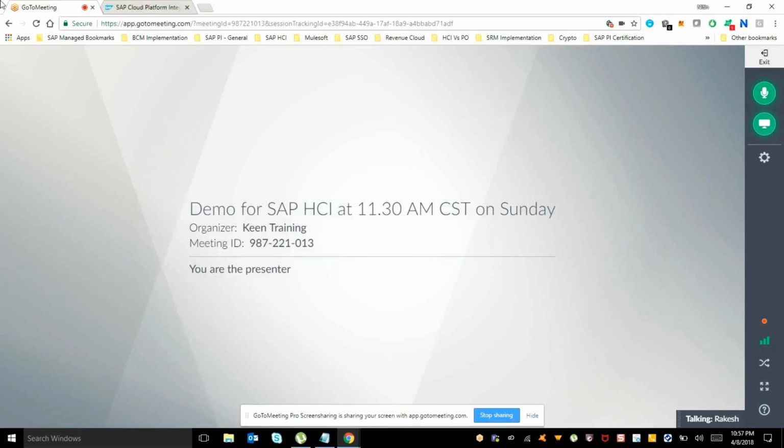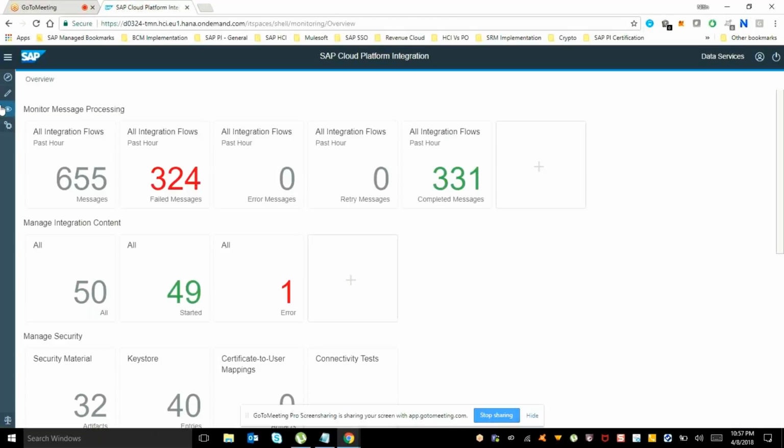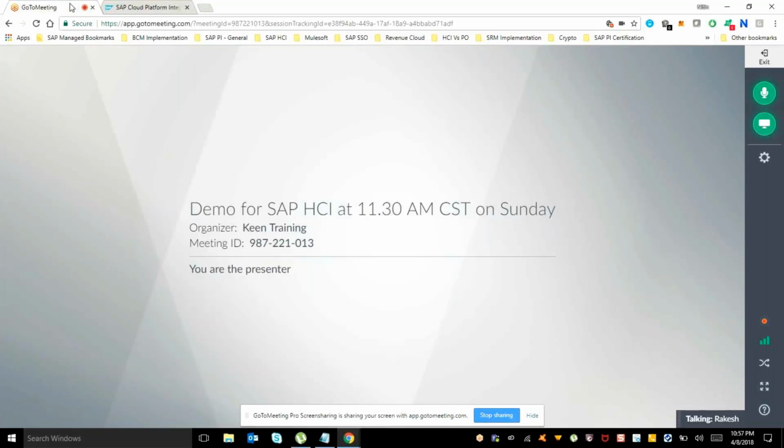No, as I told you, your whole life working on cloud platform integration will go on here. You need not move away from here. The same thing can be done through Eclipse also. What we are doing here can be done through Eclipse. Eclipse has some extra functionality. But many things are supported in web UI also. And my suggestion is, if you want to develop your career within CPI, then be better in web UI, because SAP is moving towards it.